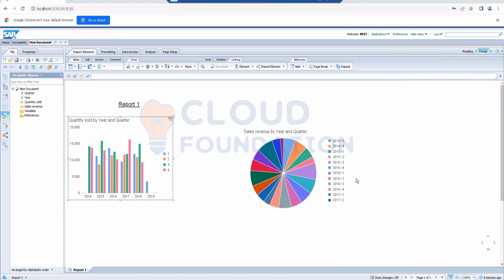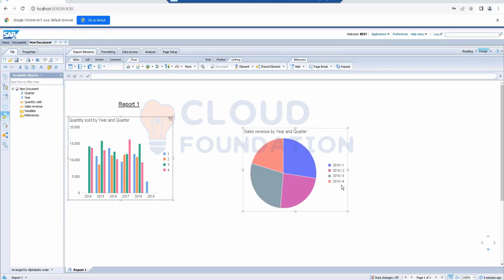So here we have 2014, 15, 16, 17. Let me click on 2016. See, this chart got changed to 2016 because element linking is applied, and now this chart is working as an input control for this chart. If I click on 2015,